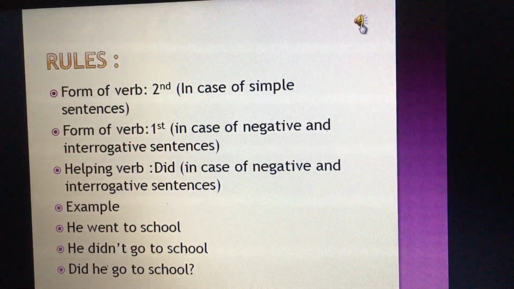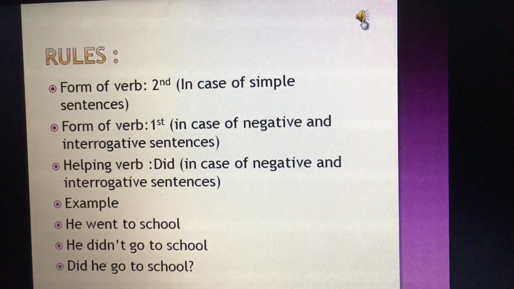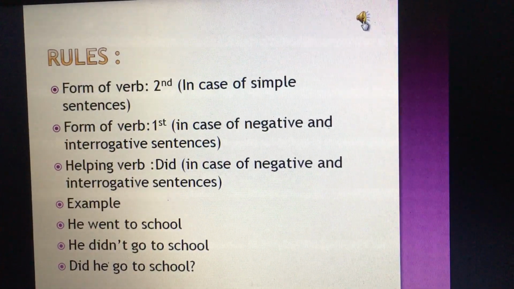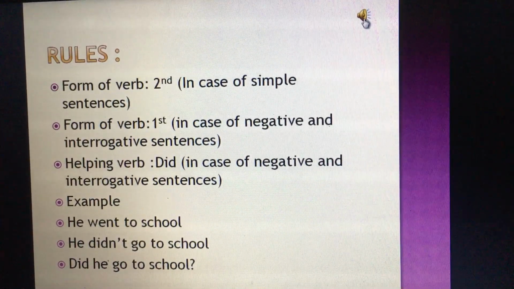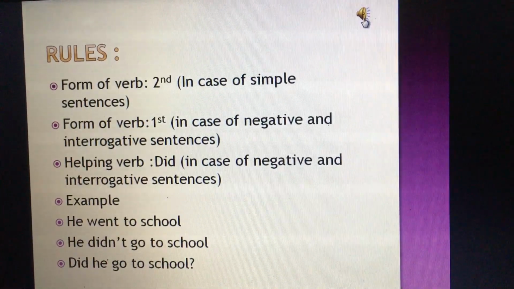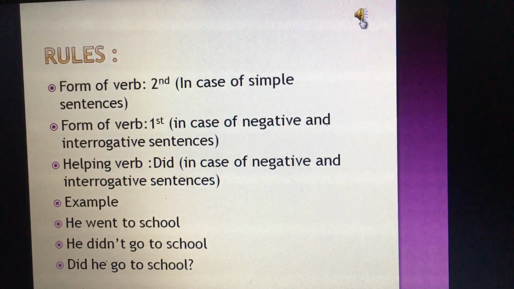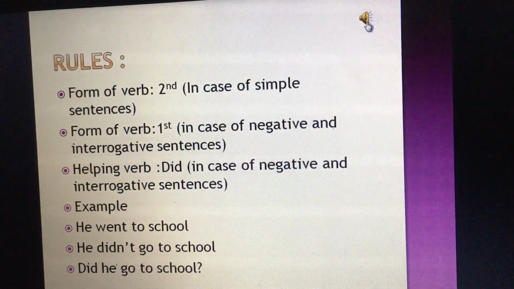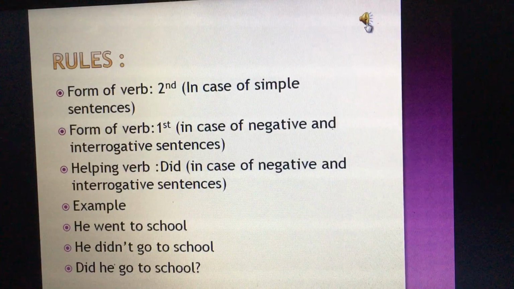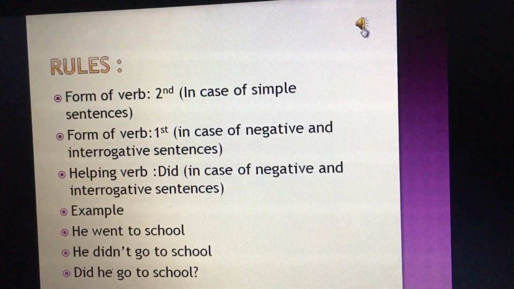Here I will discuss with you some of the rules of making sentences in simple past tense. The first rule is that you have to use the second form of verb. We use the second form of verb in simple sentences. We can use the first form of verb in case of negative and interrogative sentences. The helping verb which is used in simple past tense is did, but we use did in case of negative and